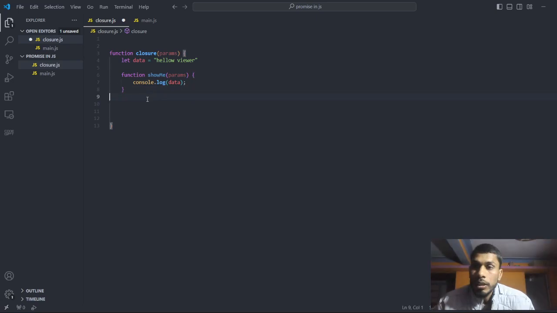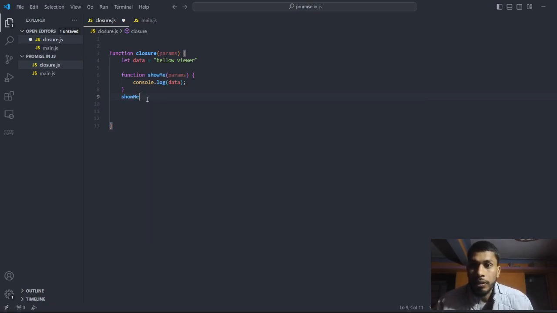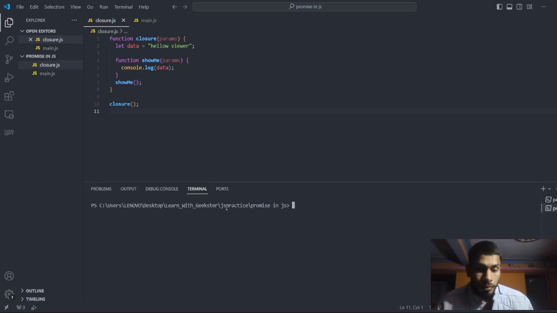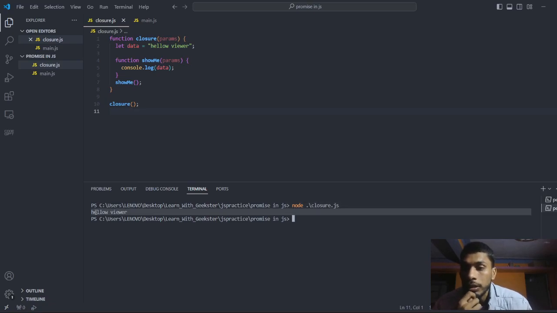So if I run this particular show me function, and after that let me invoke this closure as well. What output does it show? Let's check inside our terminal. Closure.js, hello viewer, right? This hello viewer is logging inside my console.